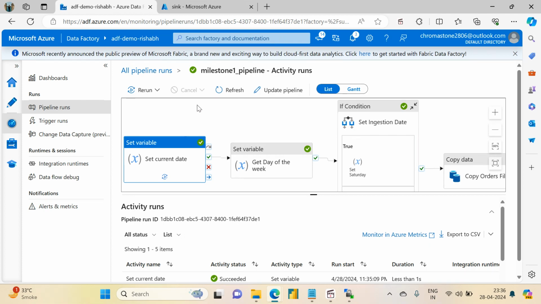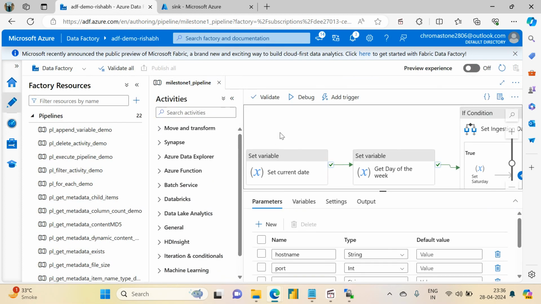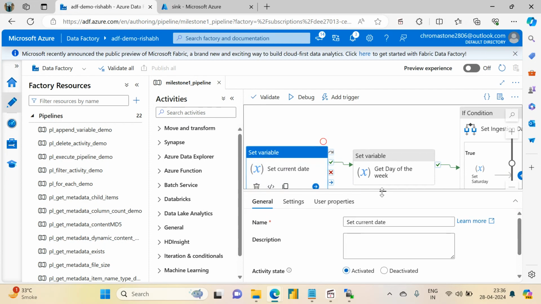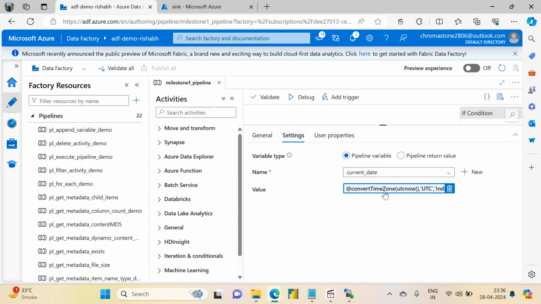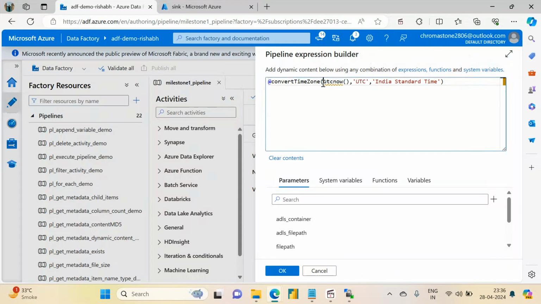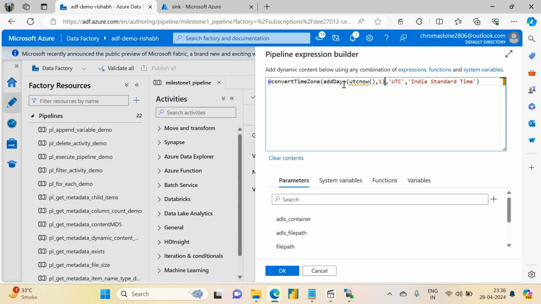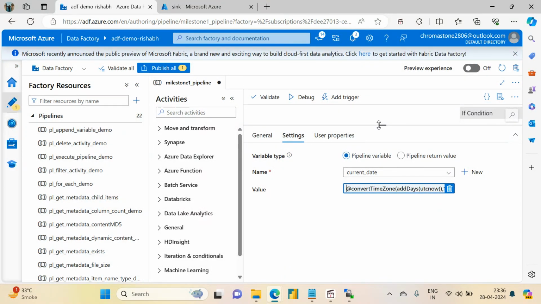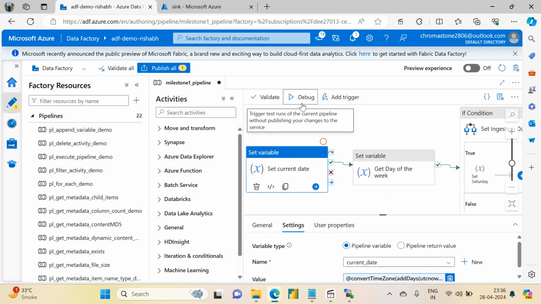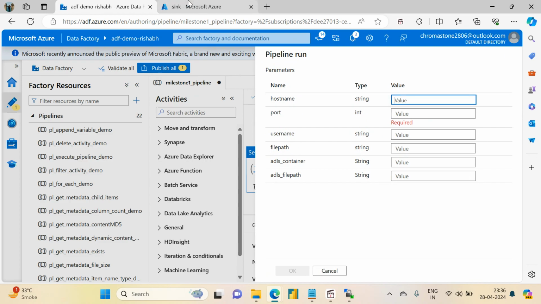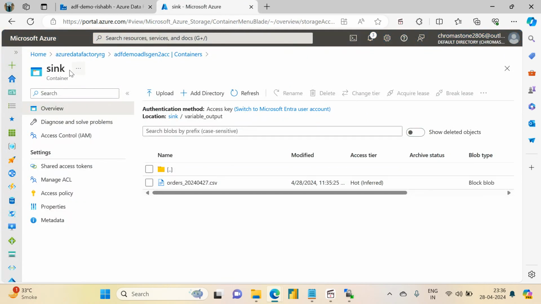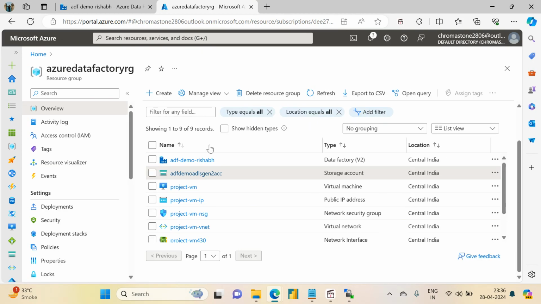Now let's just do one thing. Let's add another day to this pipeline. In the set current date I'm just going to add one more day to this. I'm going to say add days, UTC now, comma 1. This way it is going to give us the 29th of April, and let's see what happens. I'm not going to publish it, otherwise it will be saved. I'm just going to click on debug and pass the values. So this should again pick the